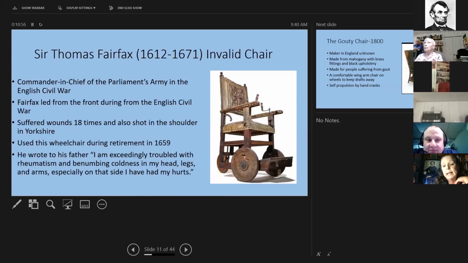Now, Sir Thomas Fairfax was the commander-in-chief of the Parliament's army in the English Civil War. He liked to be out in front during the English Civil War.